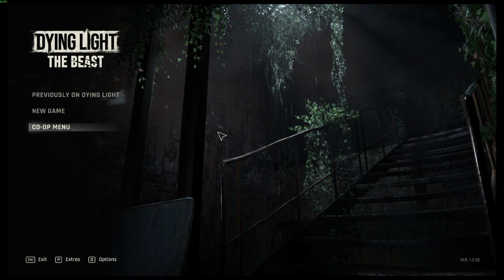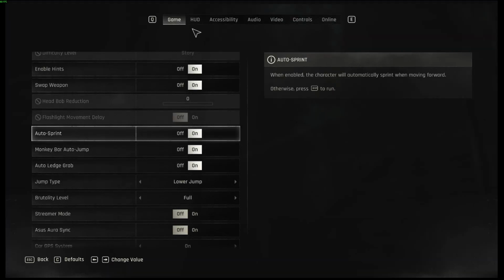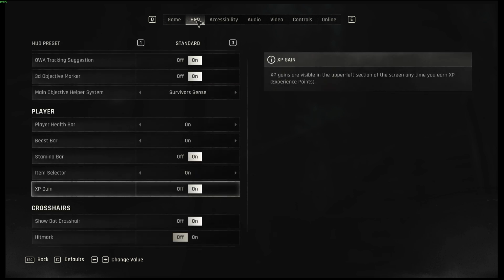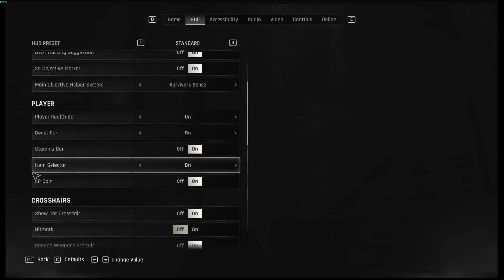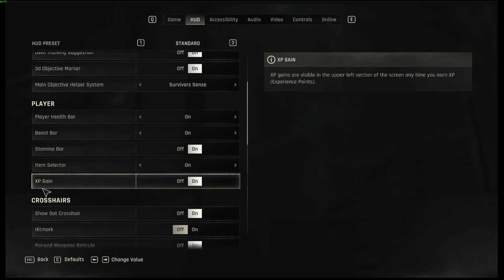In the start you have to open the settings by using the O button on your keyboard, or just move your mouse over here and press options. Now select the HUD settings, and in player tab you can see the last option. It is XP Gain. This is visible in the upper left section on the screen anytime you earn the experience